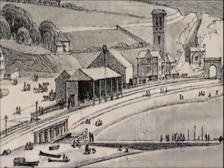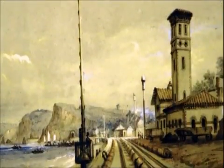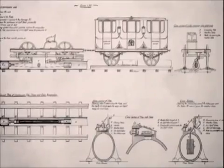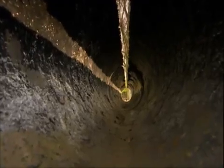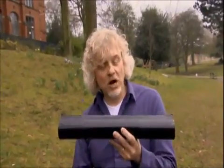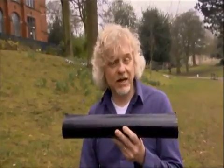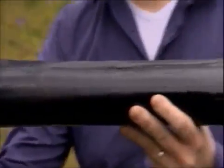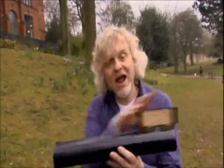came unstuck. In 1847, he built what was grandly called an atmospheric railway, with passenger carriages pushed along by the difference in air pressure inside a pneumatic tube below. This is how Brunel's system worked. You had a pipe with a piston inside it. You pump the air out from one end, atmospheric pressure pushes the piston down the pipe and drags the carriages